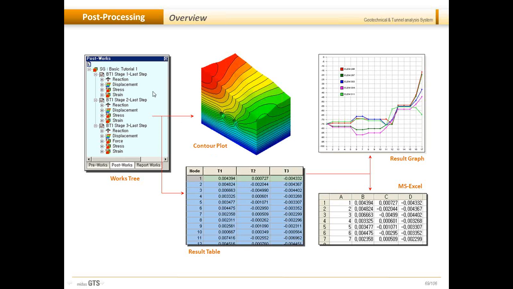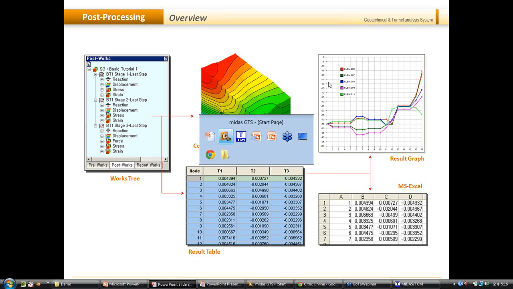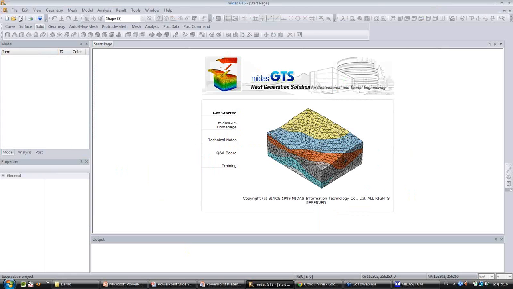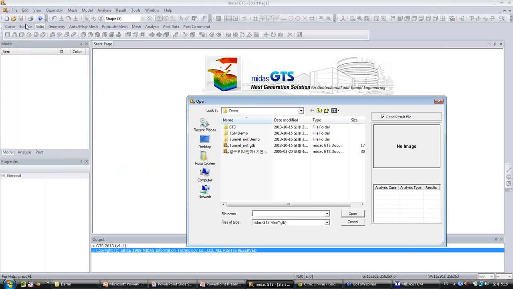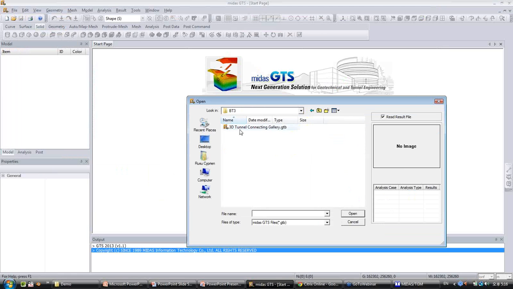First of all, on the walkthrough, you can directly select the results by stage. Then you can view the contour plot of the model directly and export these results into tables or Microsoft Excel and get the graphs. I'll show you directly some example of that, so you will see how convenient it is